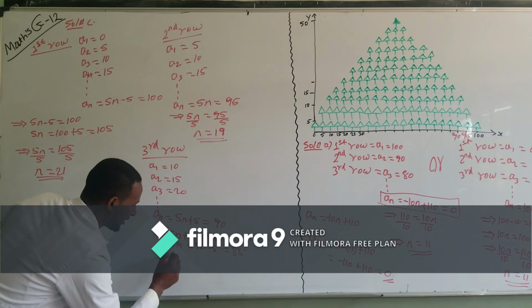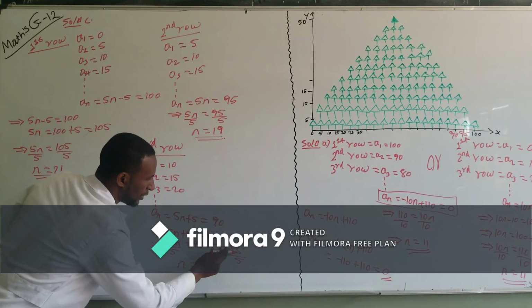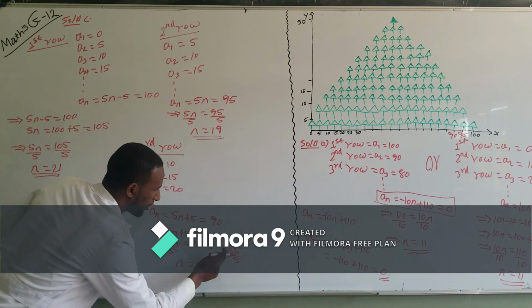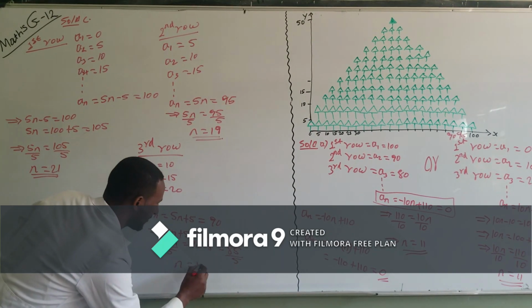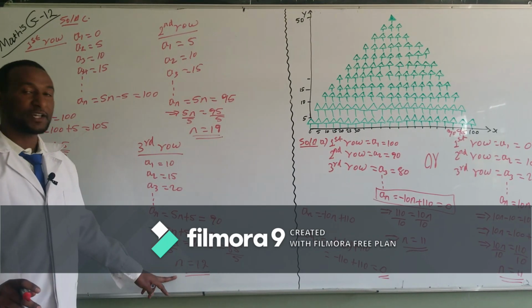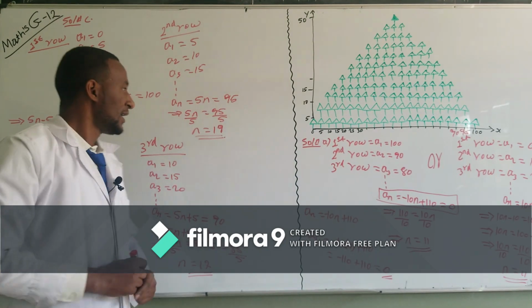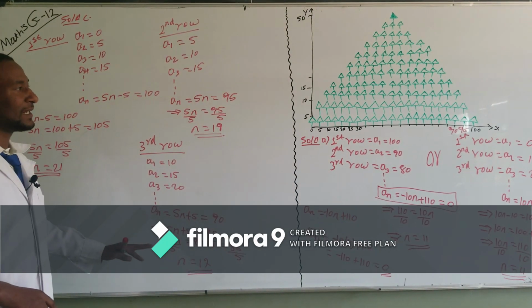Dividing both sides by 5, n is equal to 17. እንግዲህ በሶስተኛ ሮ ላይ የዛፎቹ ብዛት 17 ነው ማለት ነው።